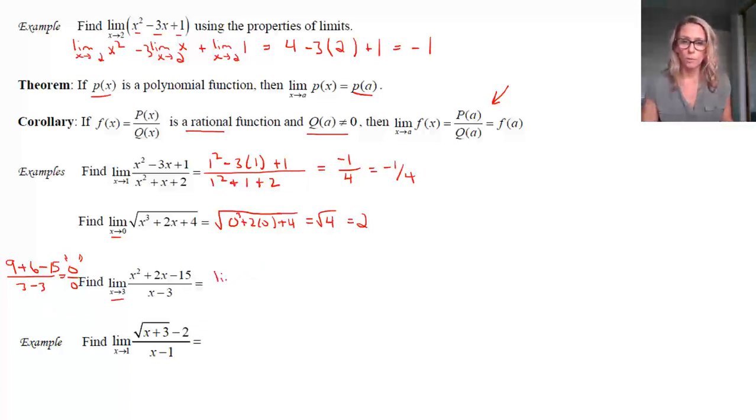So what do you notice about the numerator, x squared plus 2x minus 15? Anybody? So hopefully you see that it is something that can be factored. It's a trinomial that can be factored. So take a second and factor that. 2 numbers multiplied together give you negative 15. Added give you positive 2.